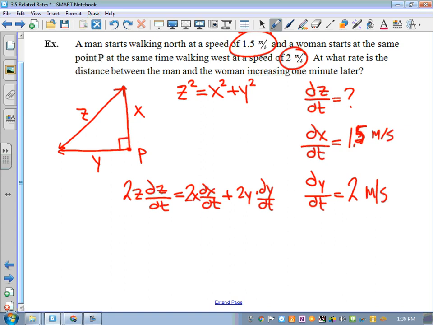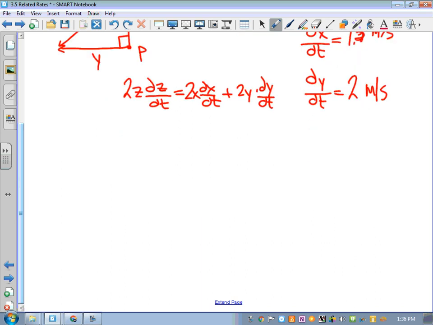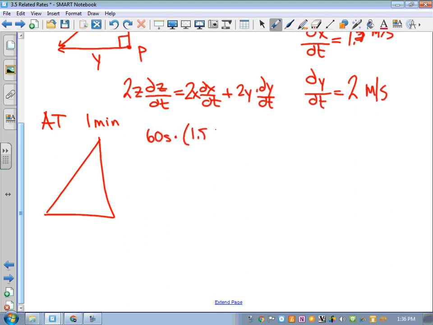Now, this is typically not a problem for students because what I usually encourage them to do is, underneath their diagram, say at 1 minute, and then draw what that triangle would look like. Now, if they are walking for 1 minute at a speed of 1.5 meters per second, there are 60 seconds in a minute, and I'm going to multiply that by 1.5 meters per second. This is why I spend so much time on unit analysis in physics or Math 20, because ultimately, if you know how the units behave or interact with each other, it's a good guideline as to what you have to do. So in 1 minute, the man has walked 90 meters,